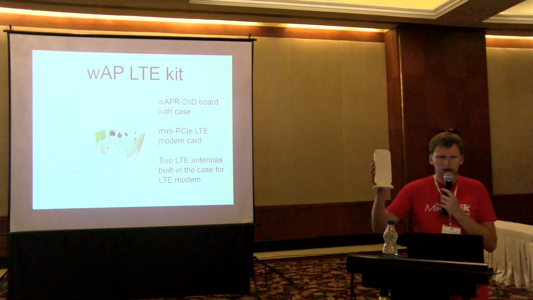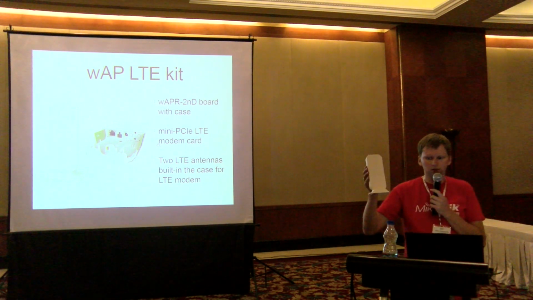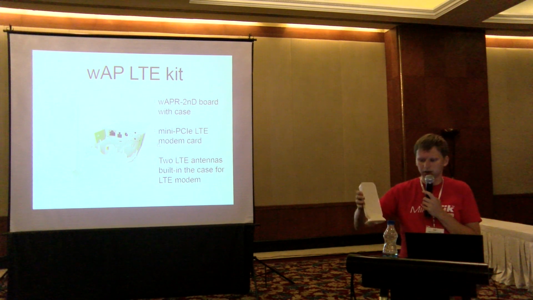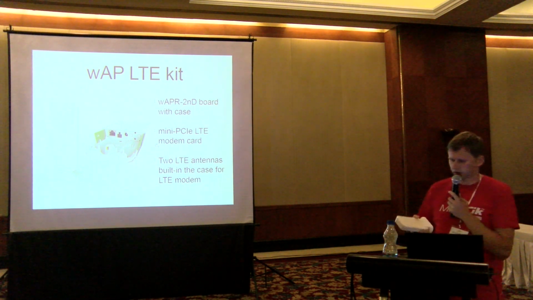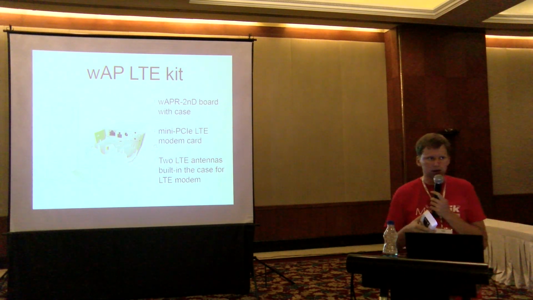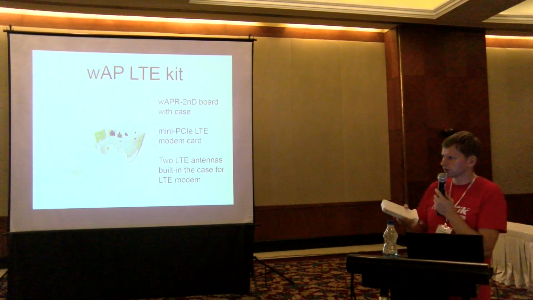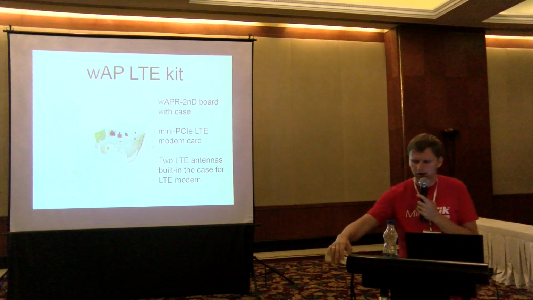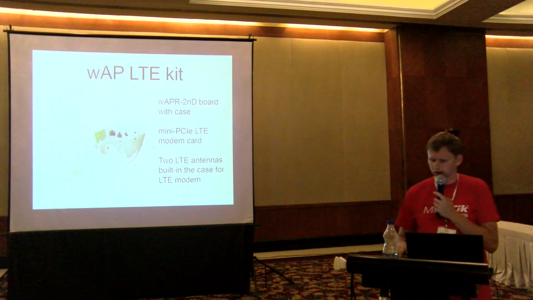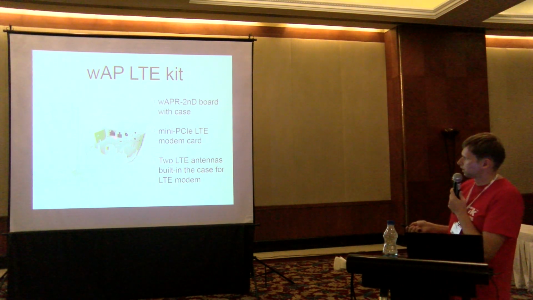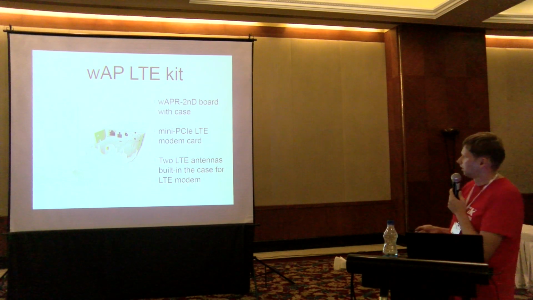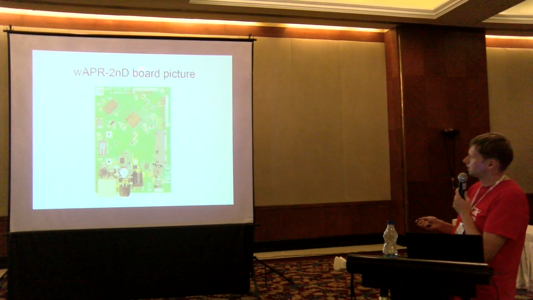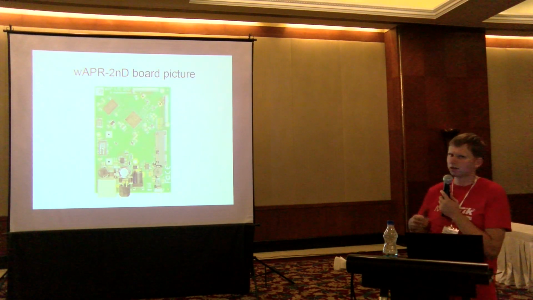It looks like this, the same board as a WAP. It has a desktop stand you can put. Later after the presentation, I can show you on the table. You will see, just like here in the picture, it has Ethernet, two antennas, and also space for a SIM slot. Okay, so here you can see the board picture, how it looks, just like a regular WAP board.